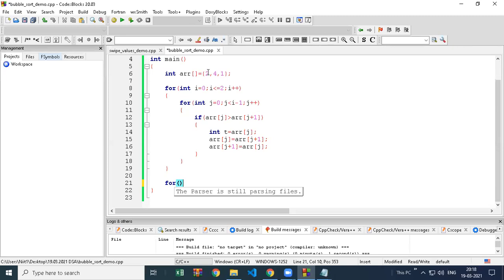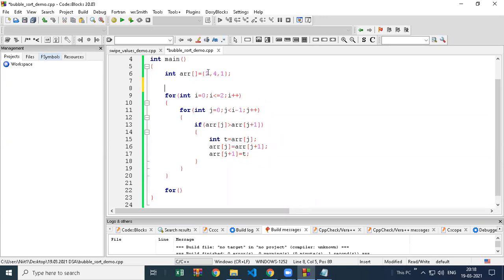Now I am creating one more loop. I will explain you this code. Yeah, here we have to write t, correct. Very good. I will explain the code, but let me print the array first. This is the code to swap, sort data in ascending order, or just sort data.